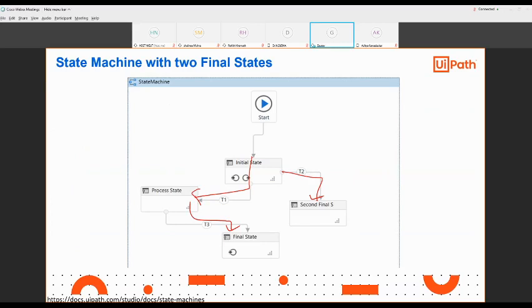As we have mentioned in the starting, the state machine could have 2 possibilities, 2 final states, but the initial state could be 1.